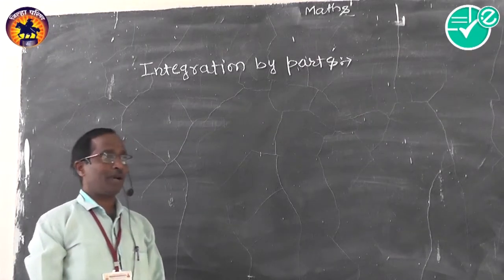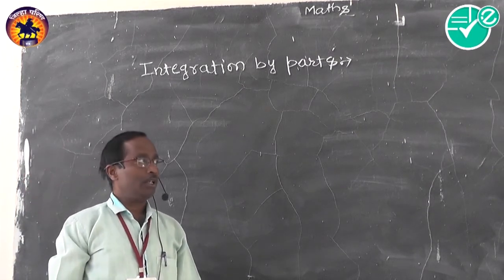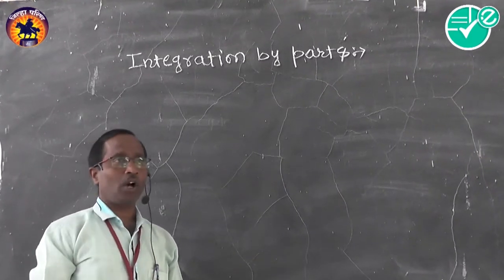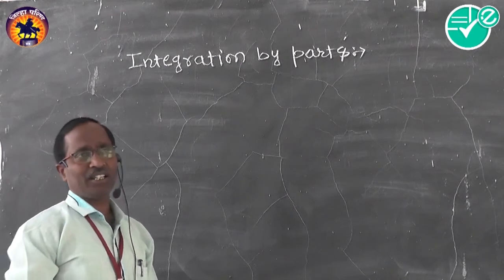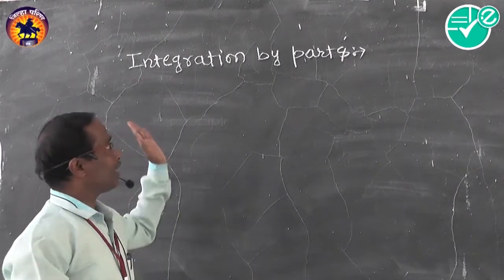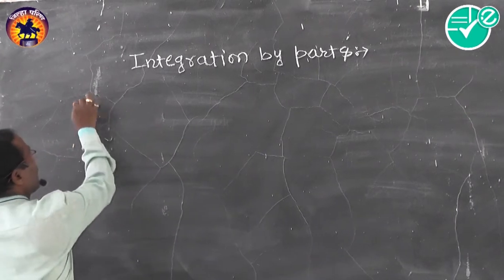We are going to study about integration by parts. If the integrand function can be expressed as a product of two functions, then we can find the integration. So this method is called integration by parts. Now we are going to take